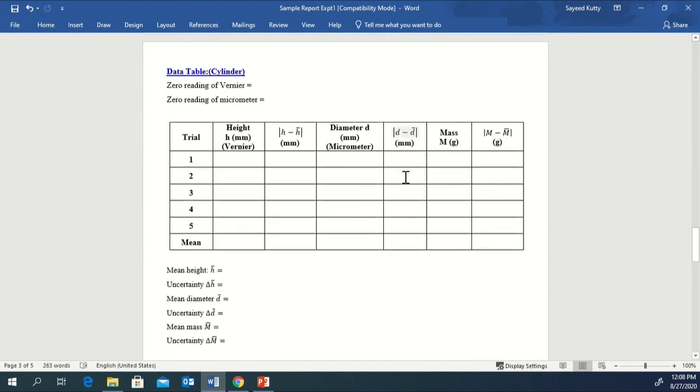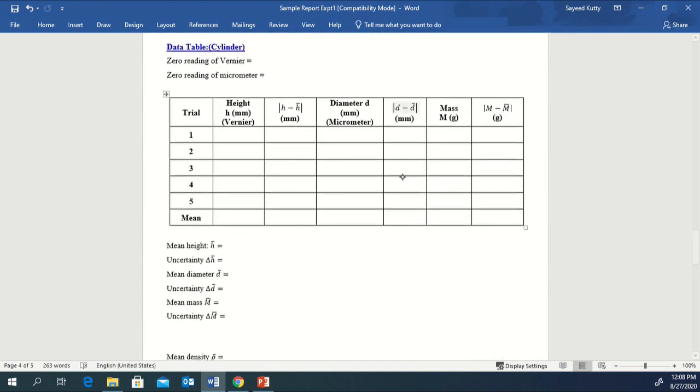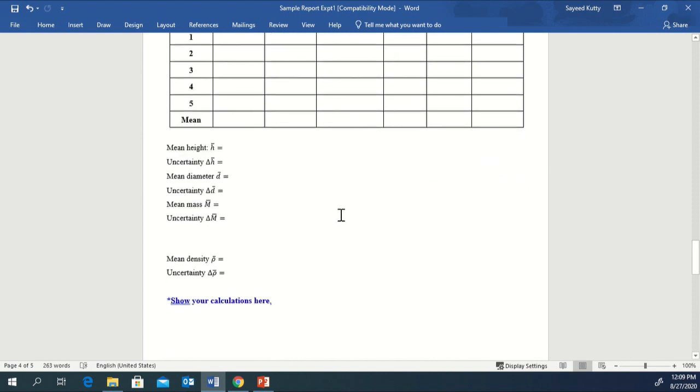And this is the data analysis part. Here we mention in the heading, it is about a cylinder. That means in the practical manual, we mention what you are supposed to do. It is already shared with you, right? Actually, in this experiment, we were asking you to identify the material of the given cylinder. I'll be coming back to that anyway.